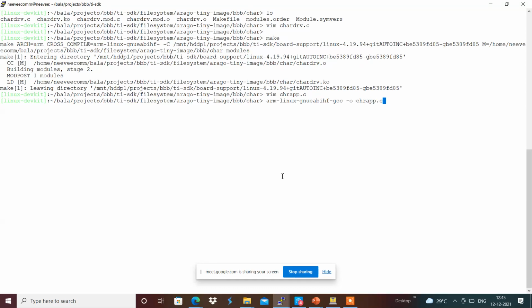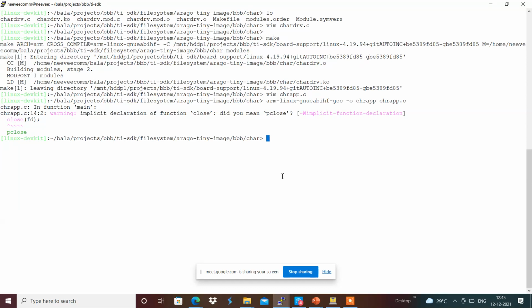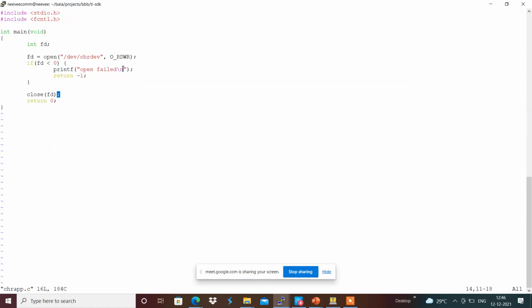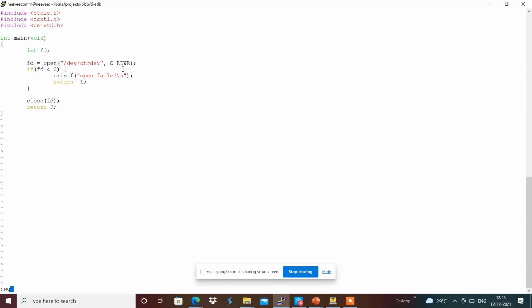Maybe I will be defining something like close, which is present in the unistd.h that we need to include in our file over here, and it's something like include unistd.h over here. Yeah, I'm going to compile this. Yeah, it got created, and now we got the chardev_drv.ko created, and our application also got created